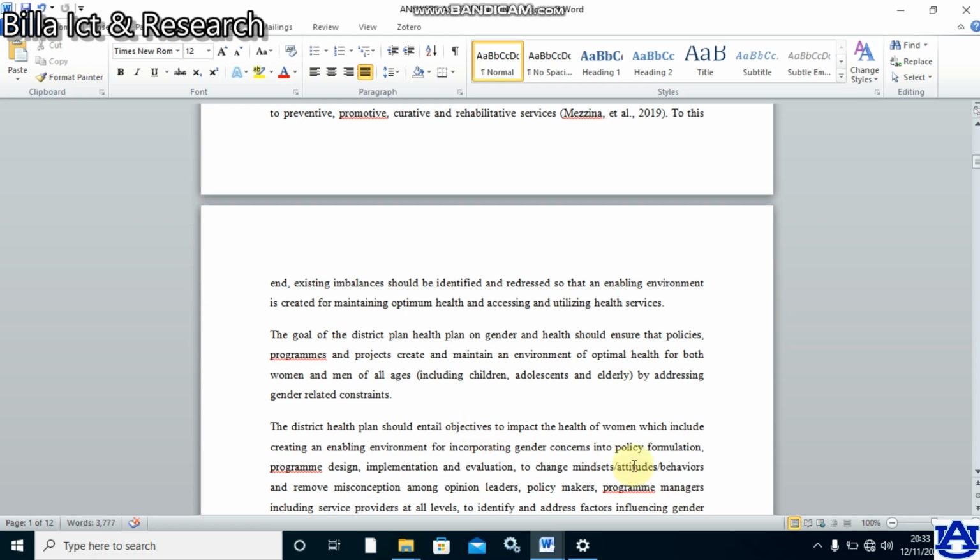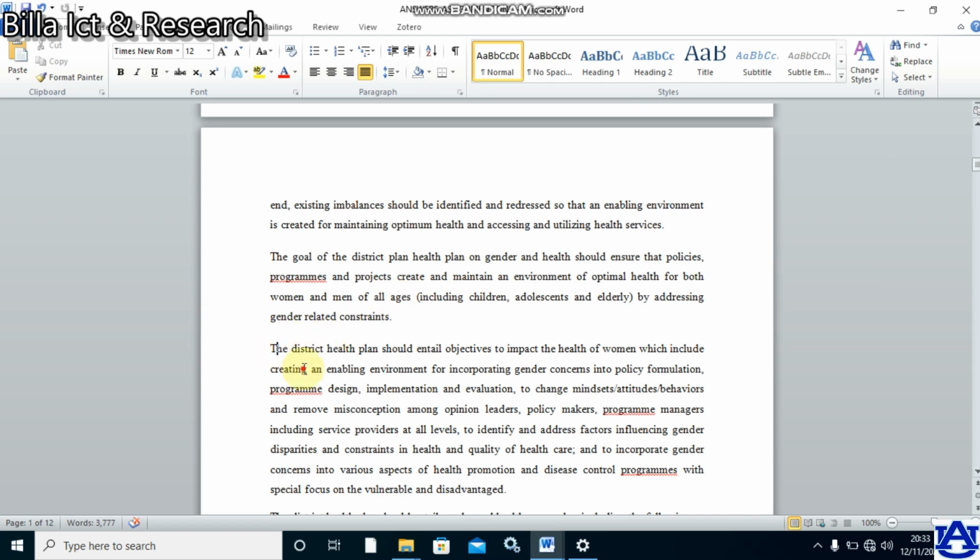This author, for example, shows that the district plan should entail objectives of creating an enabling environment, and basically he's bringing what should be in the plan, which is what he promised he was going to bring in the earlier introduction. So before leaving the introduction of the body, that was the line that was going to show justifiable recommendations. And as I can see from this sample paragraph, he's bringing, however,